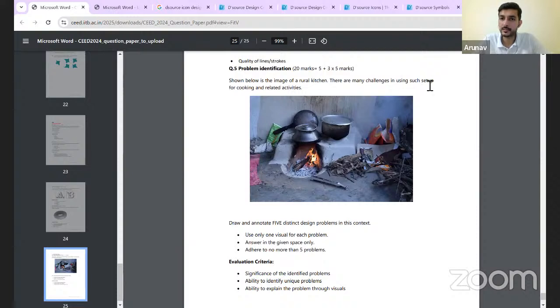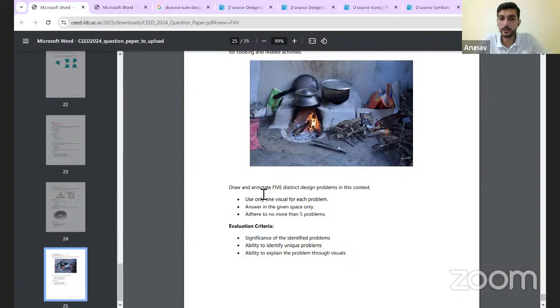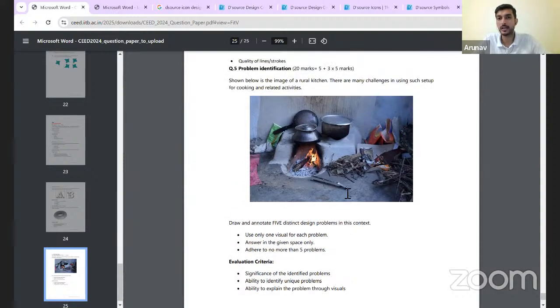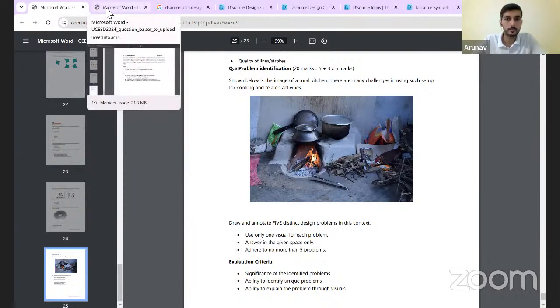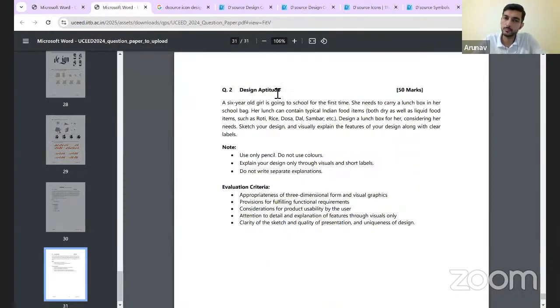There are many challenges in using such setup for cooking related activities. Draw, annotate 5 distinct design problems. तो यहाँ पे क्या क्या प्रॉब्लम यूजर फेस कर रहा है ये आपको ड्रॉ एनोटेट करना है। सिंपल प्रॉब्लम आइडेंटिफिकेशन का क्वेश्चन। इवन दिस काइंड ऑफ क्वेश्चन कैन बी आस्क्ड इन यूसीडी, सो प्लीज बी प्रिपेयर्ड लाइक दैट बिकॉज डिजाइन एप्टीट्यूड मीन्स प्रॉब्लम सॉल्विंग। ओके, सो यहां पर अभी उन्होंने प्रोडक्ट वाइज पूछ दिया, सिर्फ उसी की तरफ प्रिपरेशन मत करते रहना।